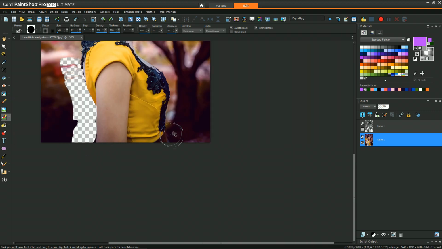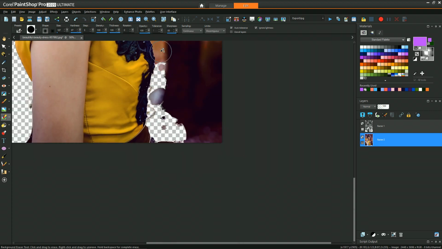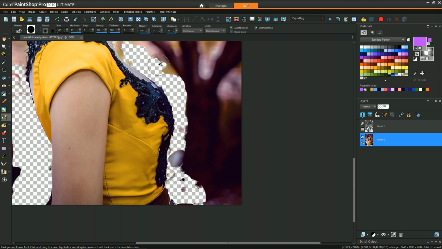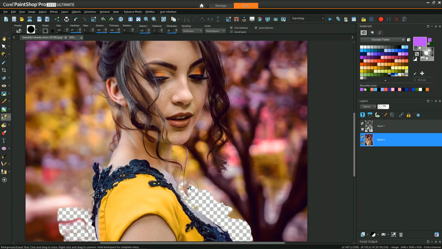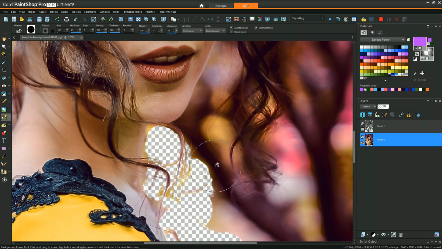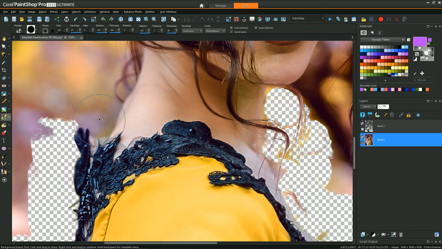But coming back around to the other side, since there's so much variation in the background, you can't just drag all the way across and hope that the sampling region is going to be consistent enough for it to erase along the line. So you'll see a lot of times I'm really just single clicking at different points and different regions of the background area, making sure to slightly overlap with the edge between her face and the background. At any point, if you feel like it's erasing too much, you just have to Control Z or undo to back it out and try again.